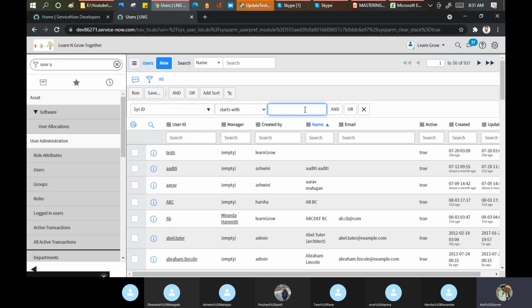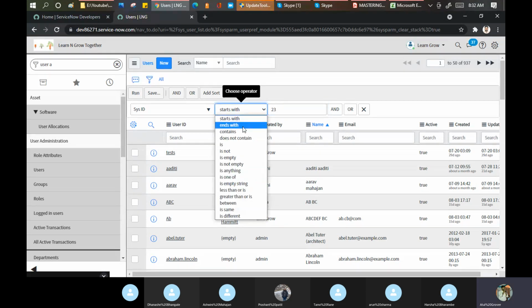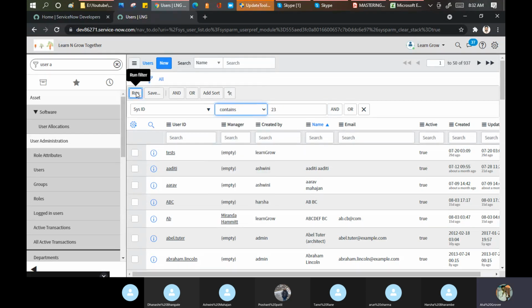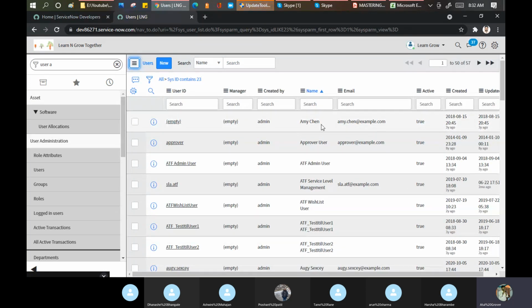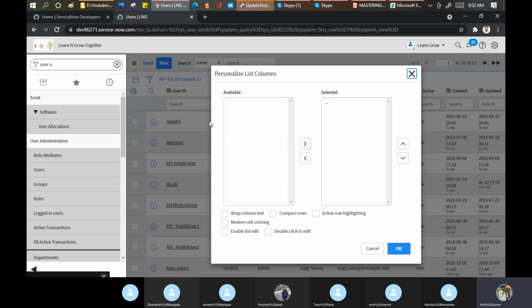Put the sys ID. Let me say sys ID contains 23. Or not starts with, let's say contains. Run. I'm just putting it here. See, these are the users whose sys ID contains this word. Now you have a question: Atul, can I bring sys ID onto this list view? No, you cannot.